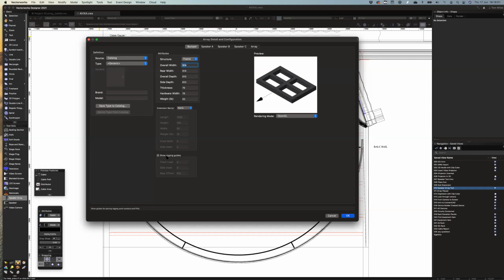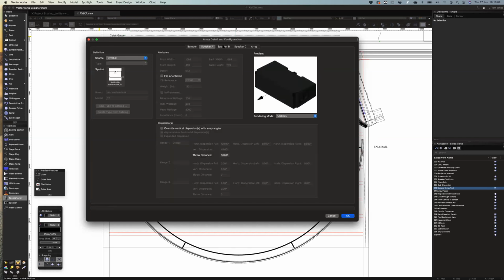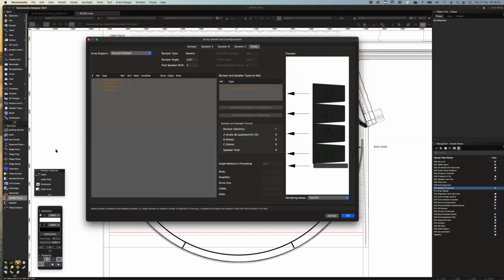I could also dictate the rigging points on here, so where the hoists are going to connect with the hanging frame for the speakers. If I have a look at speaker A and speaker B, you'll see here you can configure what speakers you want in the array. This is ground stacked and it's going on top of some subs that already exist in the model. So I'm not going to put a sub in here, but what you would normally do is have two different options. And then in the final tab of this, we have the actual array builder itself,